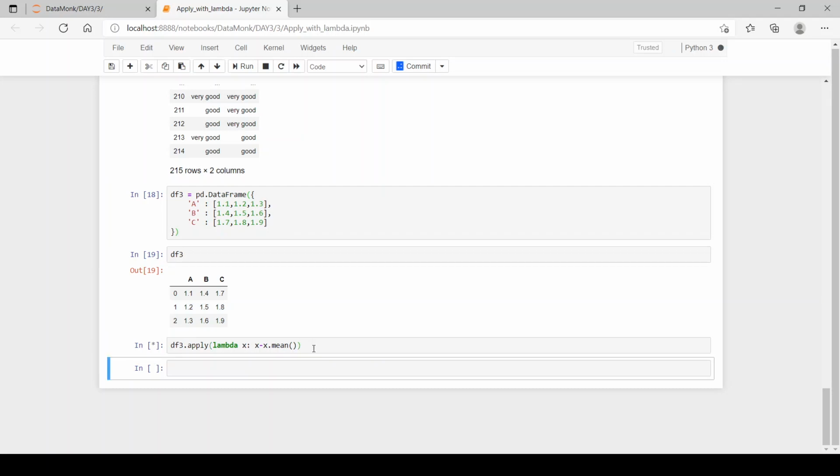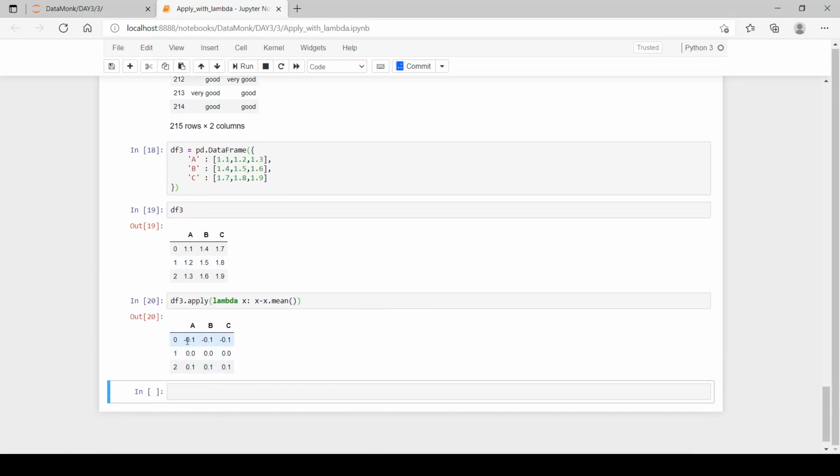Let's see the output. Now we have 1.1 minus 1.2, which was the mean of the column. So 1.2 minus 1.2 is 0, and 1.3 minus 1.2 is 0.1. Likewise we have it for each and every column.